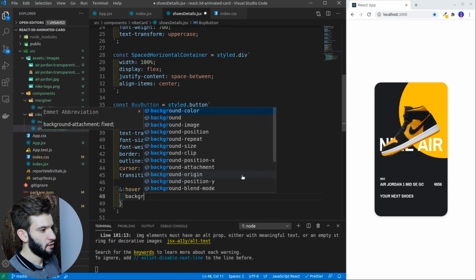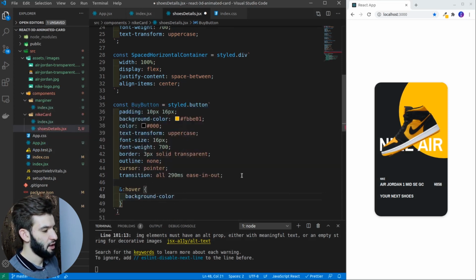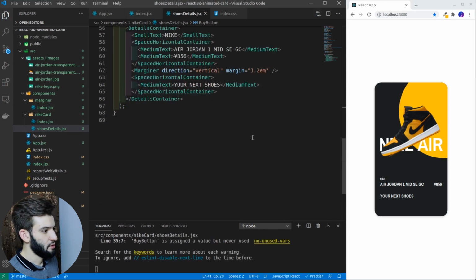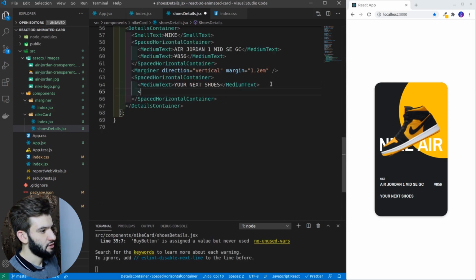So whenever we are hovering over it, we can have a background color to be transparent. And the border is going to be 3 pixels solid, and we're going to have it the same as the background color. And last but not least, don't forget about just changing the text to FFF, otherwise it won't work for you. So here, next to this one, we can have the buy button,